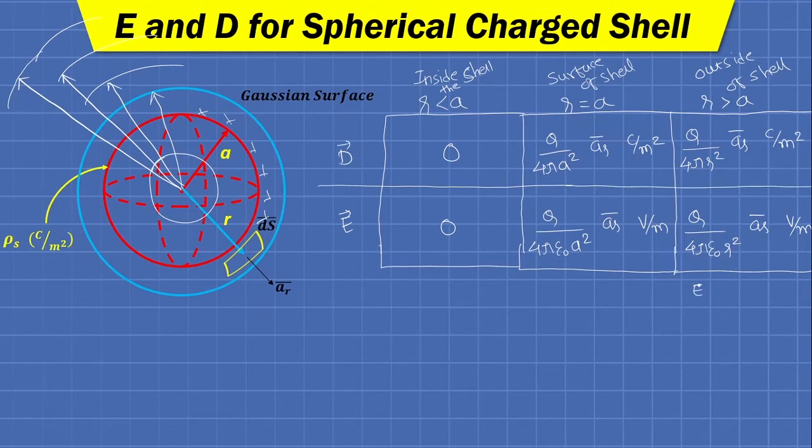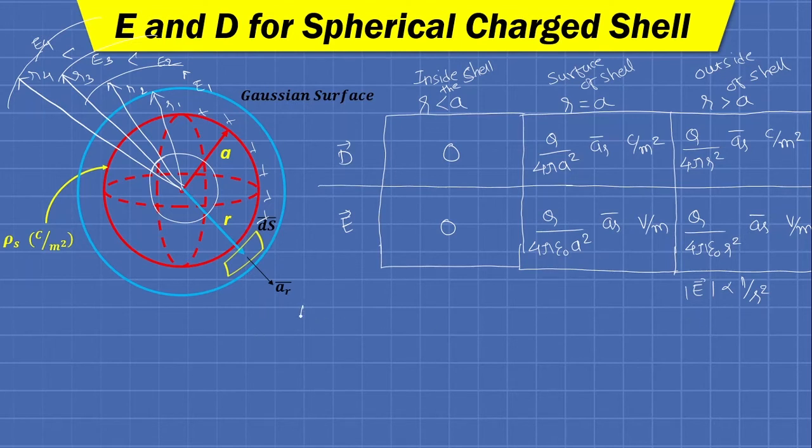Here, as you can see, the magnitude of intensity is inversely proportional to the square of distance. So as you increase the radius of Gaussian surface, then intensity will get decreased. So here E1 will be greater than E2, it will be greater than E3, it will be greater than E4, okay, for R1, R2, R3 and R4. Fine. So in this manner, if we move away from the center of sphere, the magnitude of intensity is going to decrease.